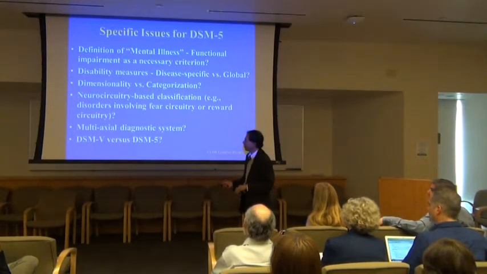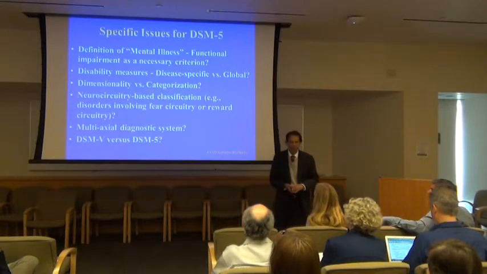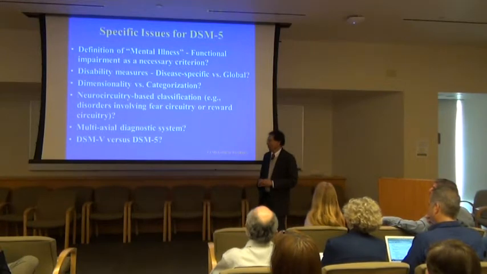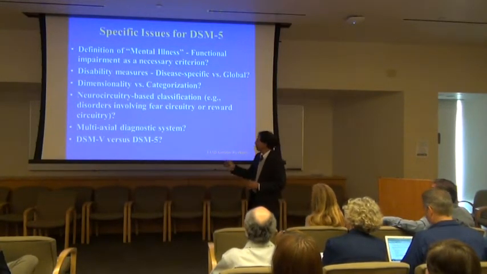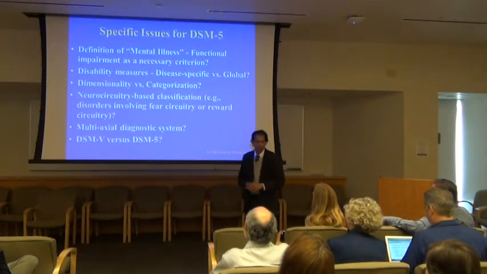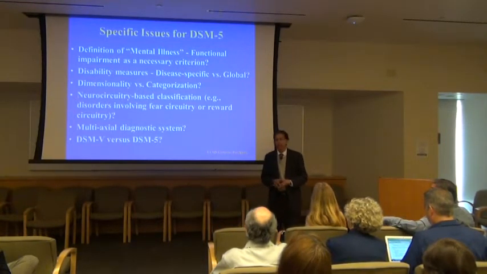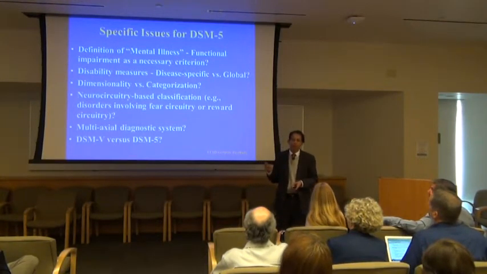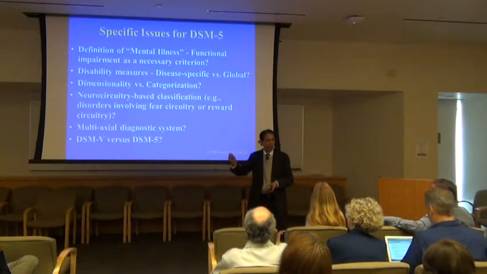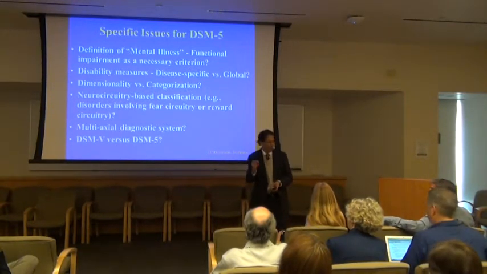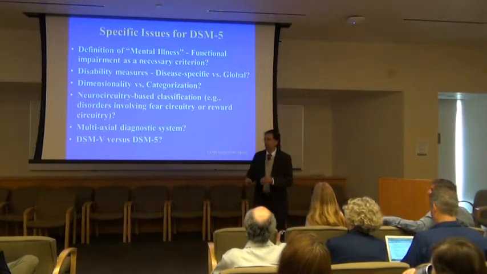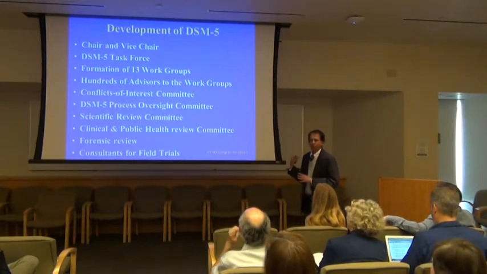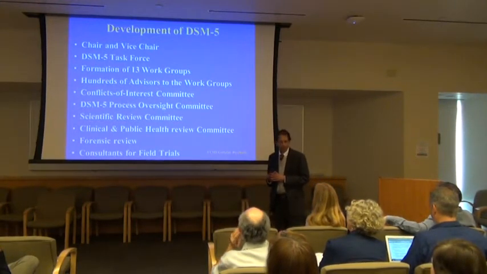And last, whether we use the Roman numeral or Arabic numeral. This actually generated a lot of controversy. So why did we settle with this second version? The reason was that the expectation is that we won't have a DSM-6. We would have incremental changes, so DSM-5.1, 5.2, and that becomes harder when you use the Roman numeral. So the APA decided more than 10 years ago that we are going to have DSM-5.